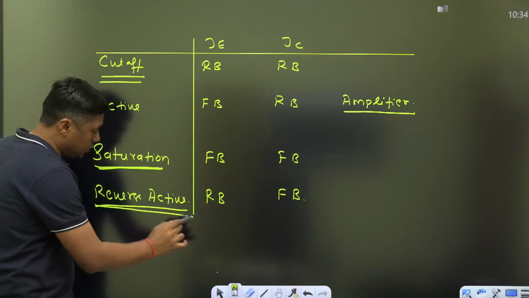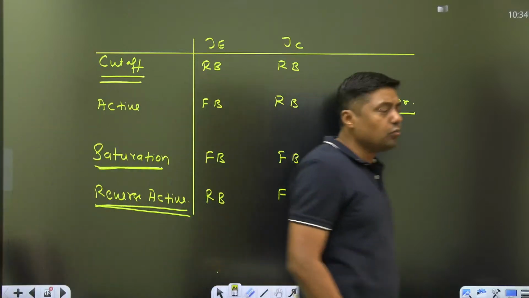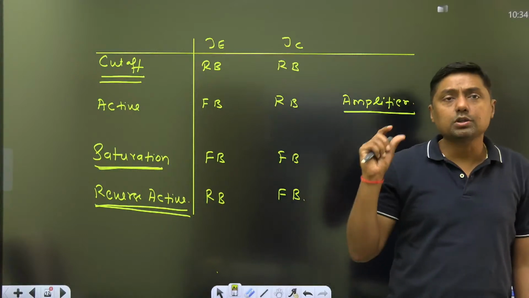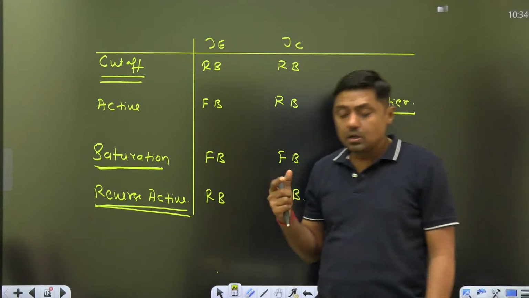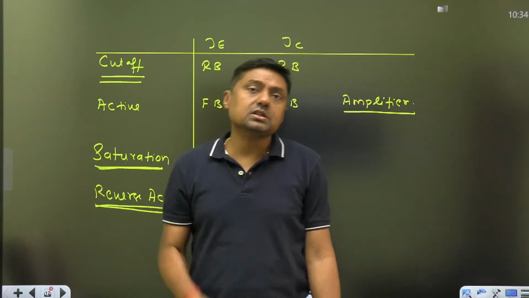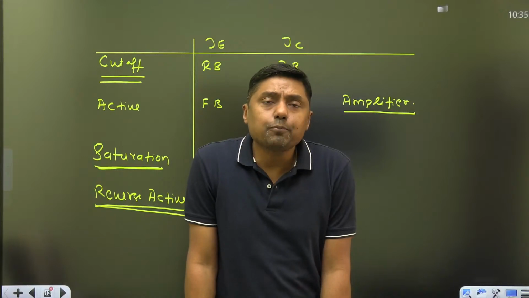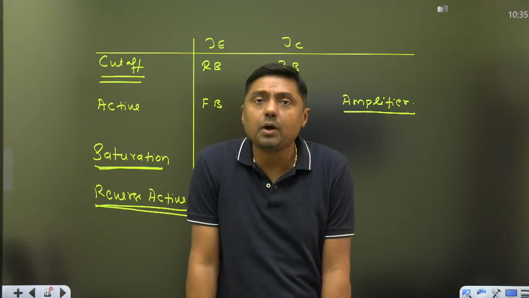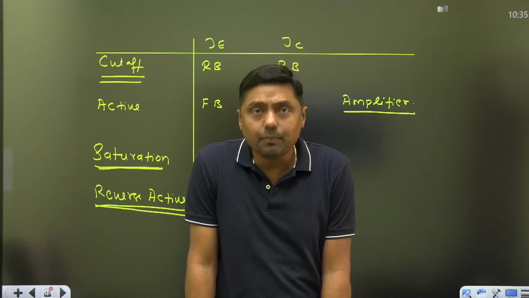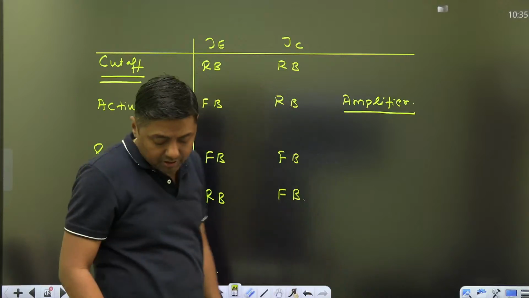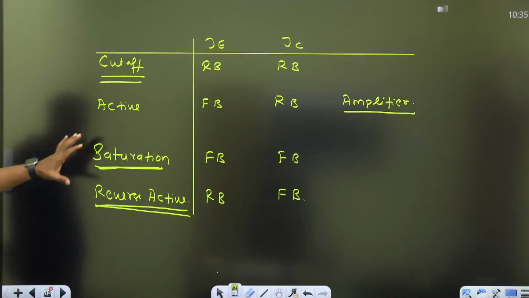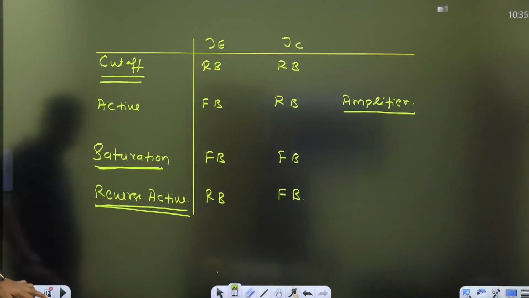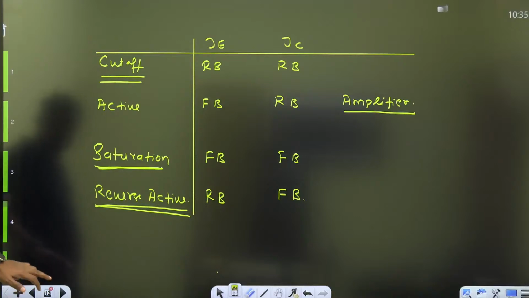अब आप बोलोगे सर रिवर्स एक्टिव मोड का कहीं यूज है? बिल्कुल यूज है। रिवर्स एक्टिव मोड रेयरली यूज होता है जहां पे आपको बहुत ही लो एम्प्लीफिकेशन चाहिए, then we are using what, reverse active mode. आप टीटीएल ट्रांजिस्टर ट्रांजिस्टर लॉजिक में जाइए, वहां आपको एक ट्रांजिस्टर दिखाई देगा, that is in what, reverse active mode, जो कि that is the part of what, logic family. तो वहां से आप लोग देख सकते हैं रिवर्स एक्टिव मोड का क्या एप्लीकेशन है। ओके, देन तो ये तो हो गया कट ऑफ, एक्टिव, सैचुरेशन and what, reverse active mode. देन अब आते हैं जरा,